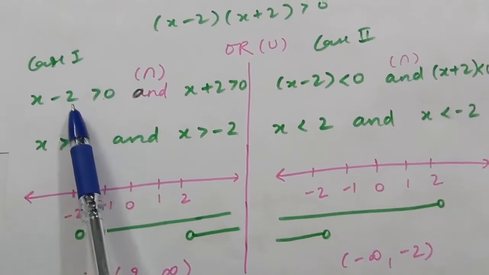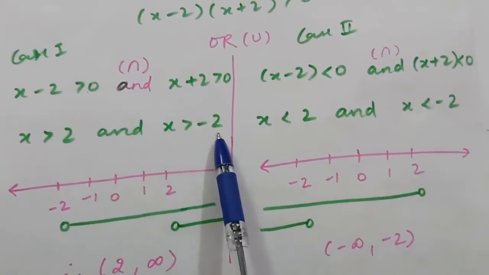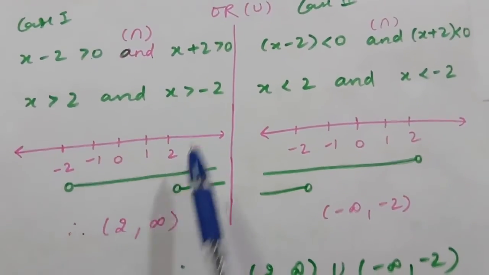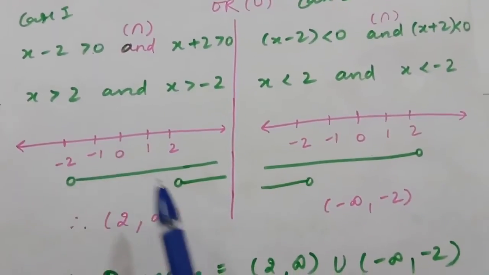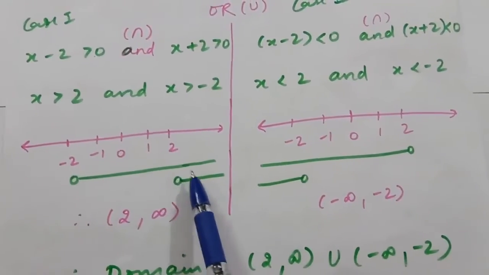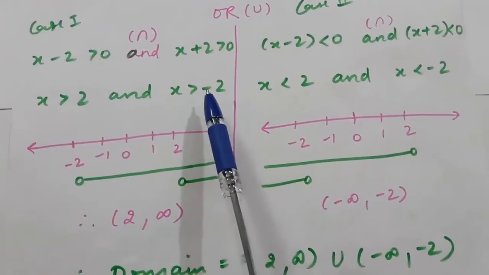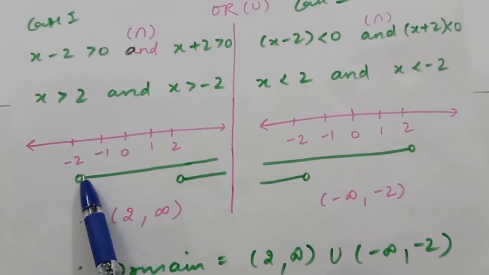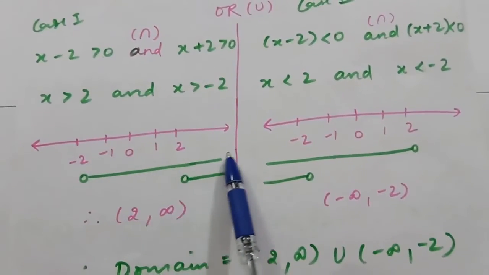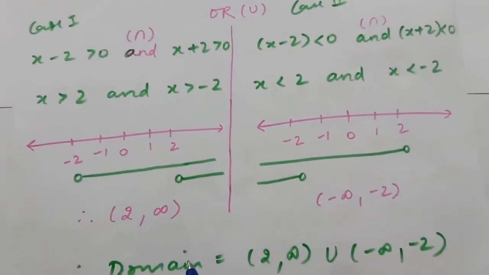So now this will be, take to that side, x greater than 2 and x greater than minus 2. Now we will take intersection of these two. So here x is greater than 2, as equality is not there, so we will take the open circle and x greater than 2 will be this side. Similarly here x is greater than minus 2, equality is not there, so we will draw an empty circle and greater than minus 2 will be this side. Now where there is double line, that is the part of the intersection.